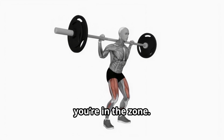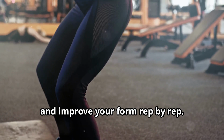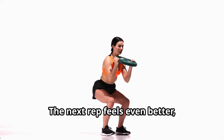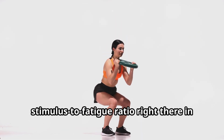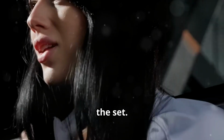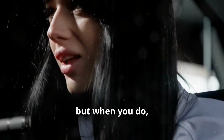And boom, you're in the zone. That feedback loop allows you to tweak and improve your form rep by rep. The next rep feels even better. And before you know it, you're optimizing your stimulus to fatigue ratio right there in the set. It's not that you have to go slow during the eccentric phase, but when you do, it opens the door